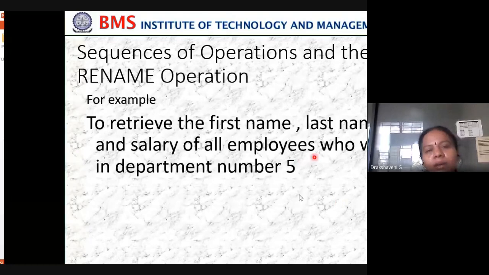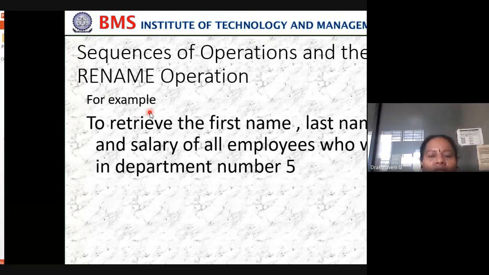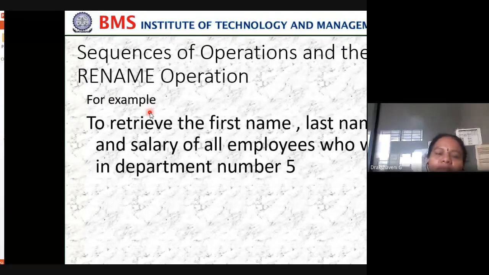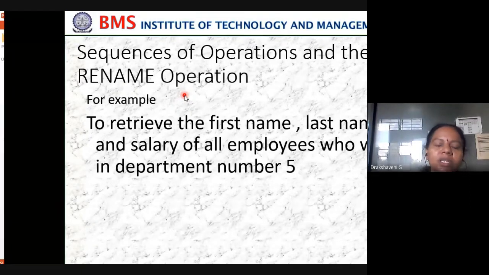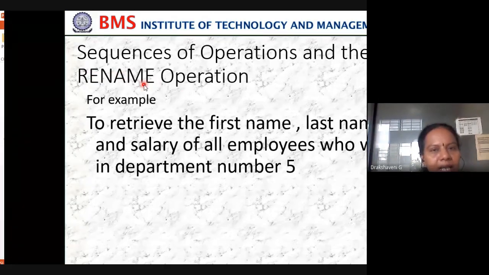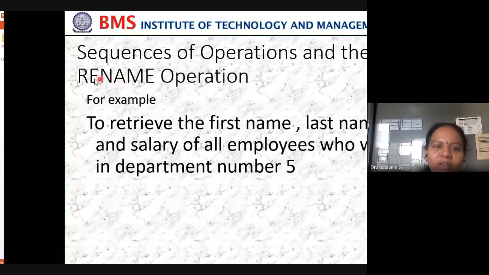Okay, so now what is sequence of operation and rename operation? Sequence means what? One after the other. So when we do one after the other, sometimes we may use something called a rename. So why do we rename? Temporarily, we want to store some value in some place. Then we may use a rename operation. Take the same example: in the last semester, your WhatsApp group name was second sem MCA. Now we have changed it to third sem MCA. So what operation have we done? We have done a rename. In the last semester it was 2, now we have made it 3. So that's the application where we are using rename.